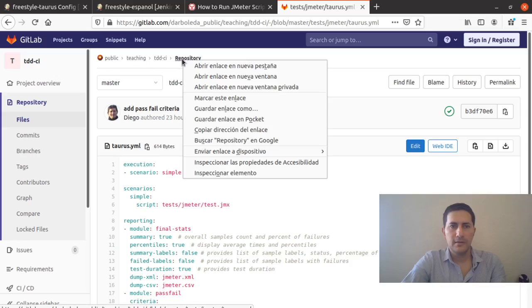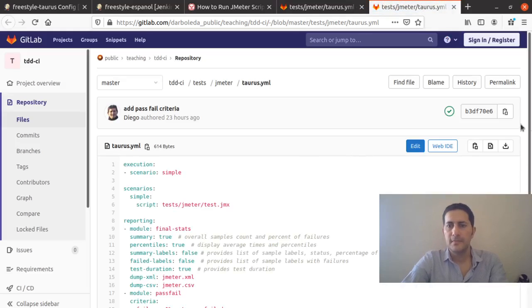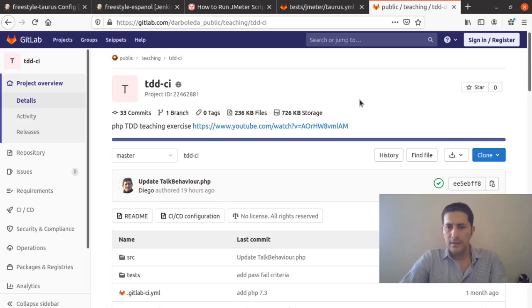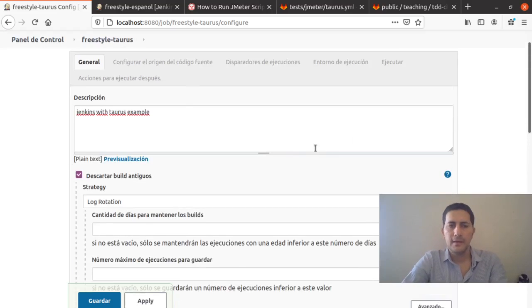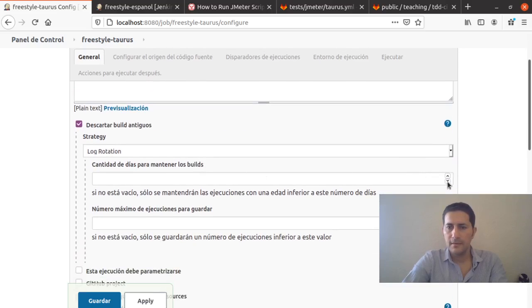That will be this repository, and here is the link to our repository. So this is a Jenkins with Taurus example. We need to keep a few days,